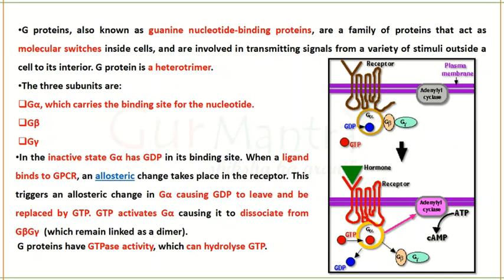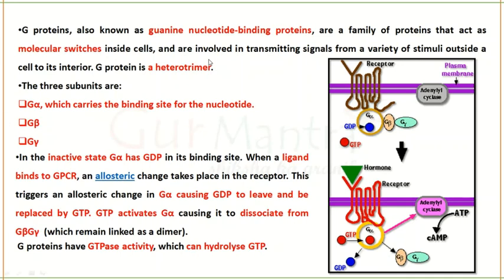Even in the inactive state, G alpha has GDP bound to it, and alpha, beta, and gamma are all bound to each other. But when G alpha is activated by GTP, it dissociates itself from the beta and gamma subunits. So beta and gamma will be dissociated and you will only have G alpha. This G alpha will be involved in several signaling pathways, like activating enzymes. All of this is done by G alpha, but G beta and gamma will stay in the membrane itself.